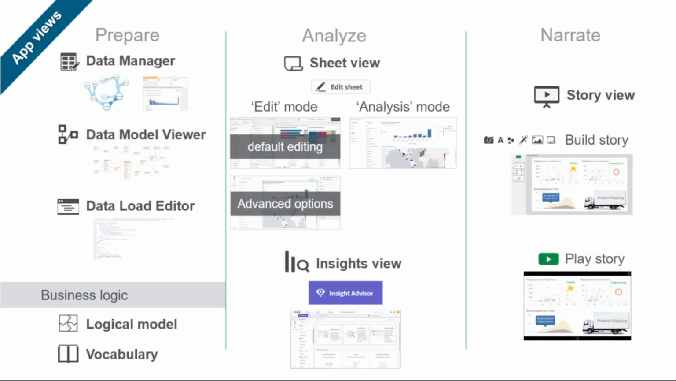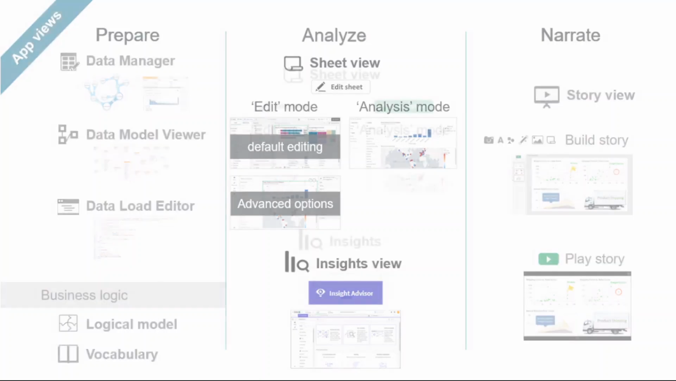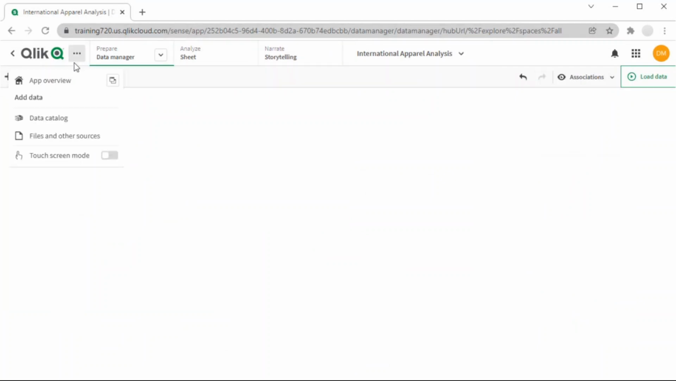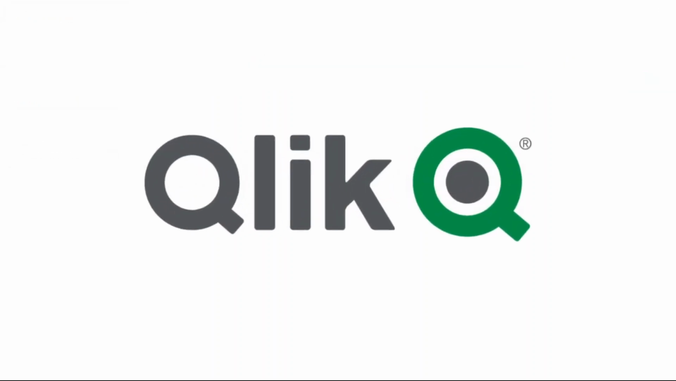Navigating between these capabilities can be accomplished using the buttons which comprise the Quick Start menu, and further navigation to the App Overview can be accomplished using the Navigation menu. This represents the end of